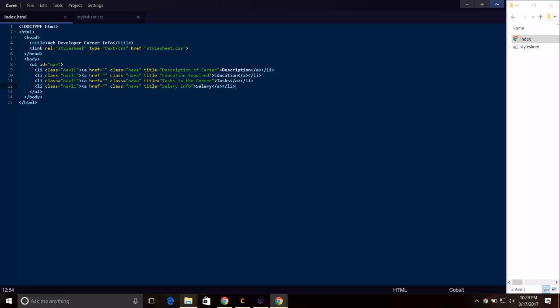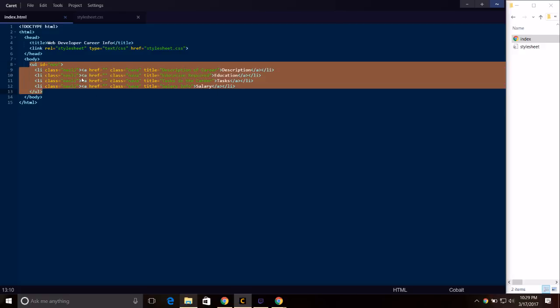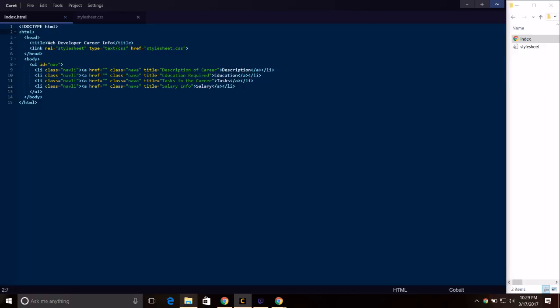So, how computer science is used in the career, that is going to take a little bit. Okay, so let's just go ahead and fill out. Basically, this unordered list right here is going to be what is copied and pasted into every single page. Technically, we're just going to make these pages. So this one's going to be